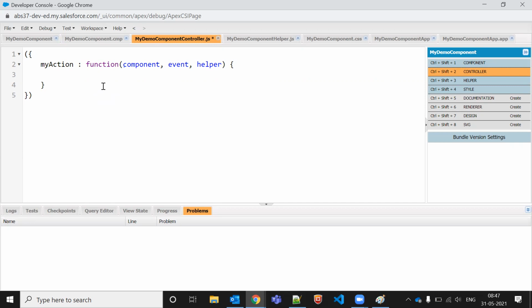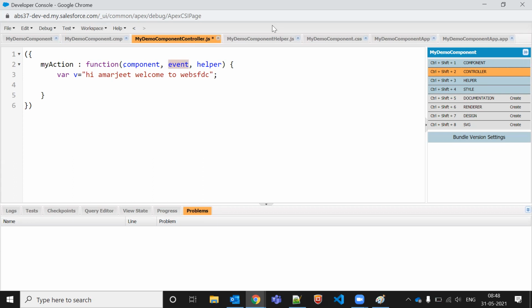Welcome to, this variable I created here. So similarly, whatever I'm creating here, same way, if I want to pass some events, we are passing component, event and helper.